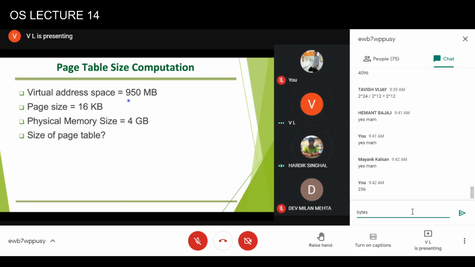Yes, ma'am. What will be the unit of this? Keshav has written 256. Is his answer correct? I asked you to calculate something, no? Yes, ma'am.